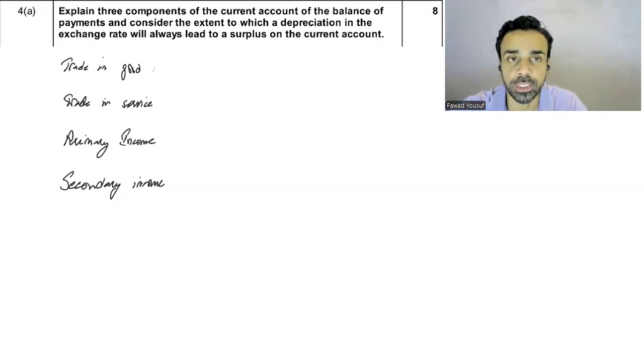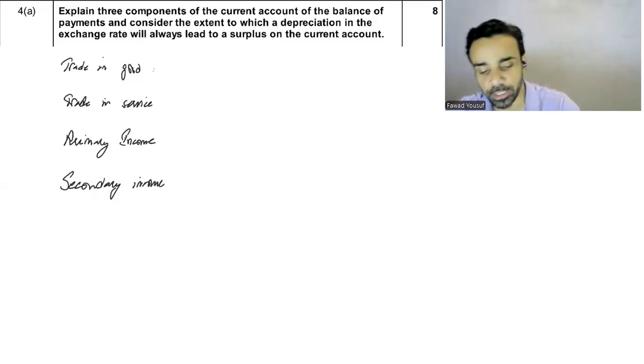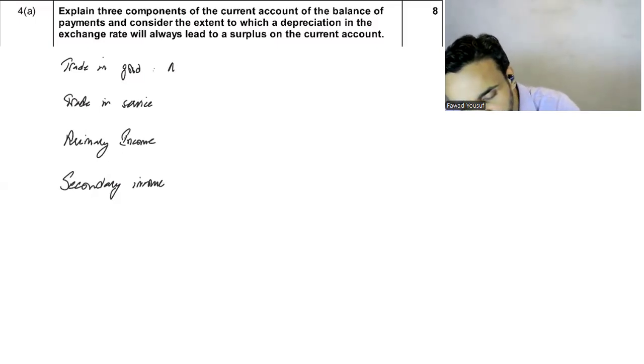The term value is important. Usually when you say exports minus imports, trade in goods includes exports minus imports, or net exports of goods. But the problem is that it isn't clear whether you're talking about quantity, quality, price or value. So the key thing we need to write over here is that it is the net